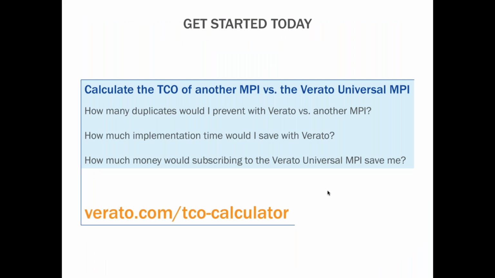To give you a feel for that, like I mentioned before, we've created this calculator, and it factors in lots of different typical characteristics of the profiles of different types of organizations that are looking for MPI. So, whether you're a provider or payer, the number of patients you have, the number of different EMRs you're using, whether you do stewardship today and how big your staff is. It takes all of those inputs and comes out with a model for what your savings would be.